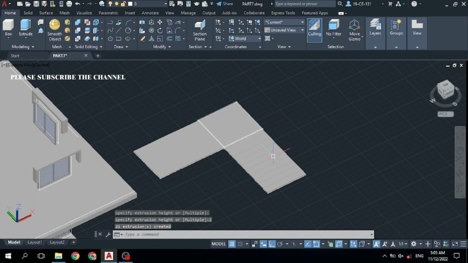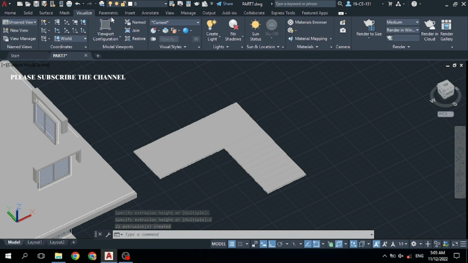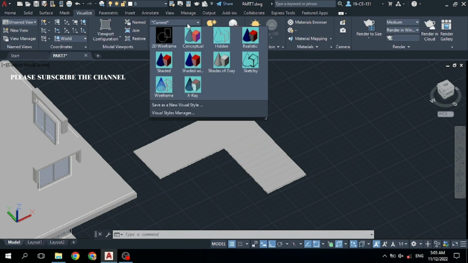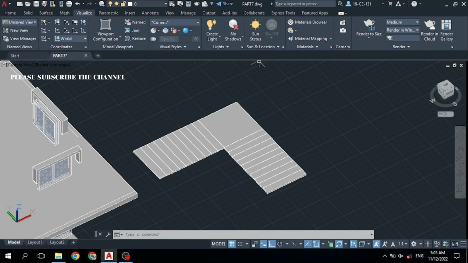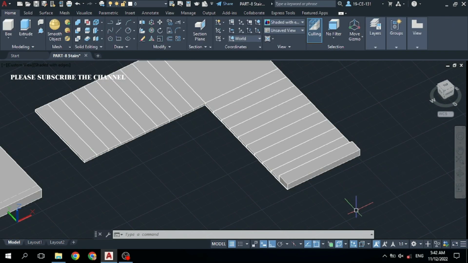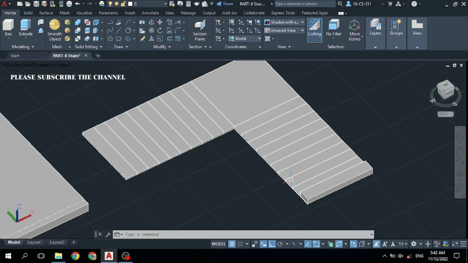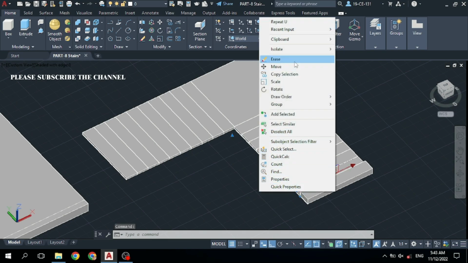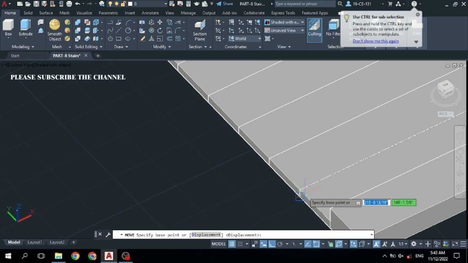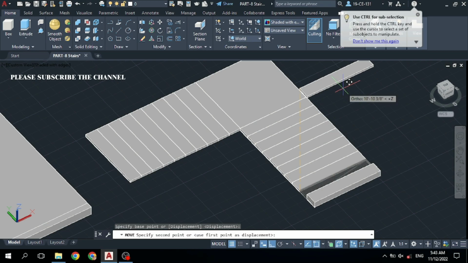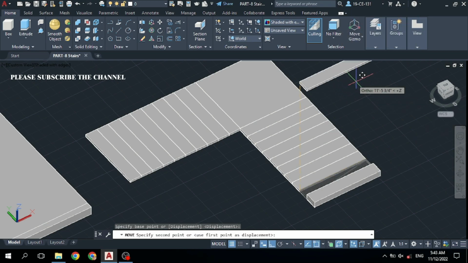Now you can see they are in 3D form, and click on visualize and select this shaded with edges. Now I would like to move this edge stairs differently, upward 6 inches by 6 inches to each other. Click on this stair and right click and move and specify this top corner is your base point, and click on it and go upward, so the distance should be